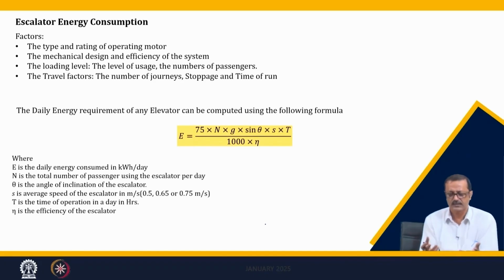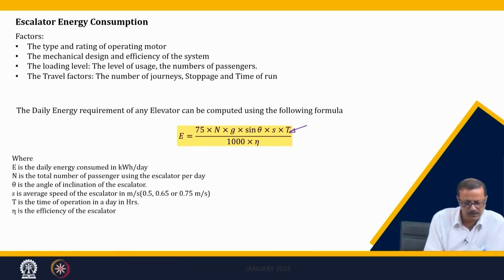So, this is the equation, where I have multiplied the energy equation, which I derived a little earlier, with this T, where T is the total time of operation per day. We have to estimate how many hours it is operating,